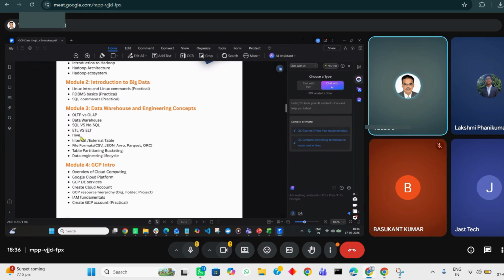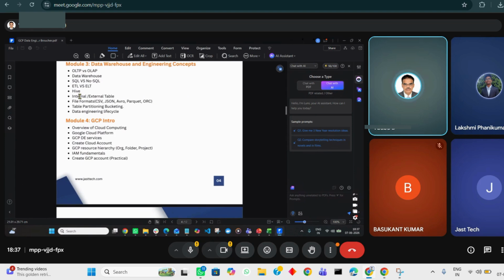We'll come to know the difference between SQL and NoSQL, and ETL versus ELT. This hype came from big data only. Hive is just an interface for the Hadoop system. You can write in any Python or Java program, and it converts your SQL statements to MapReduce, because Hadoop mainly runs on MapReduce. That's the basic concept of HDFS and MapReduce. So for that interface we go to Hive. And in module 4, we will see how to customize these Hadoop big data platforms on GCP.